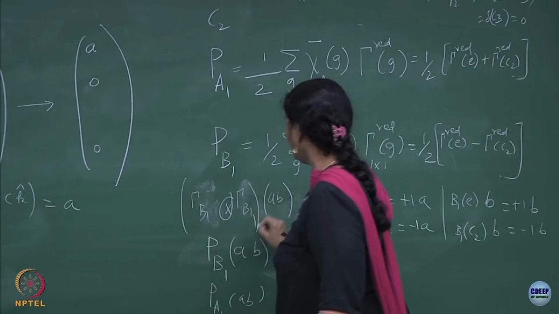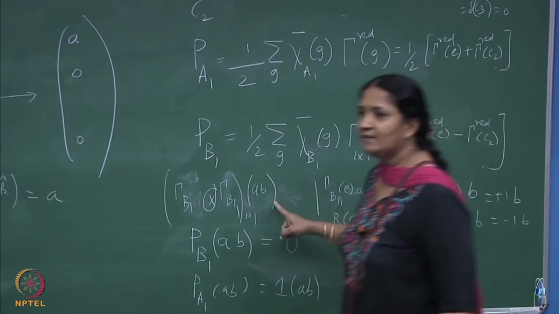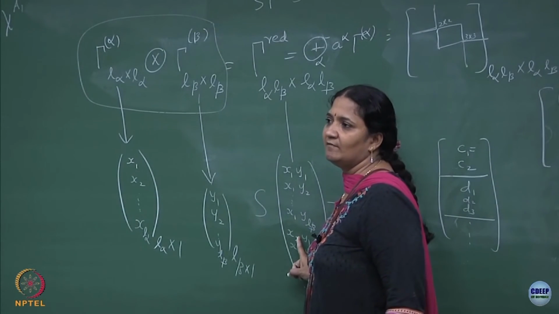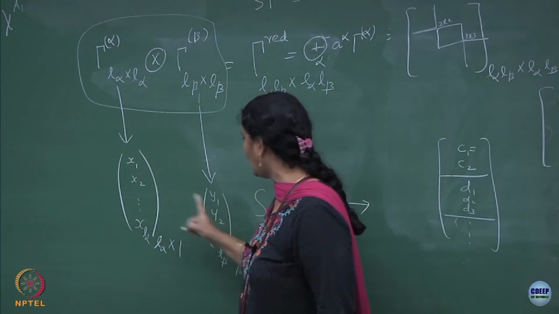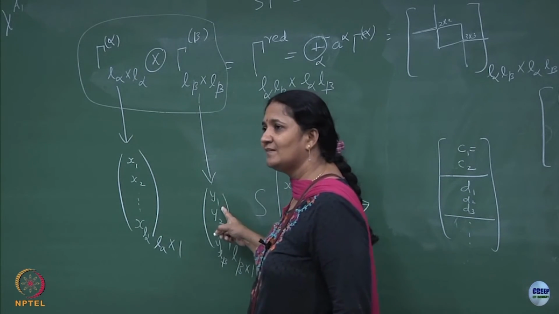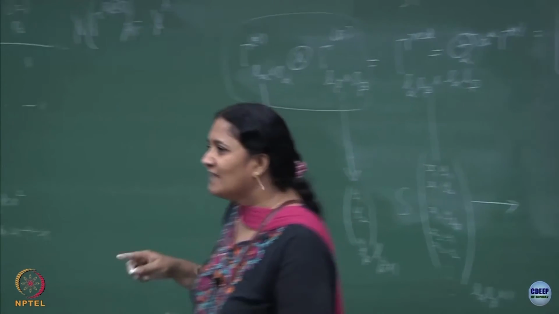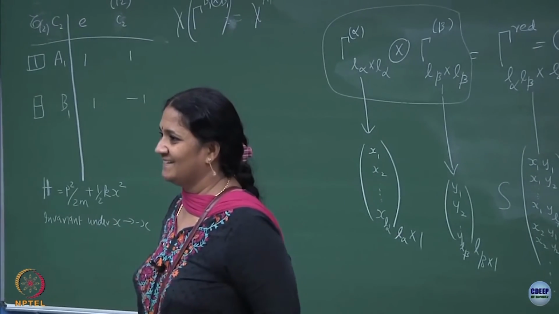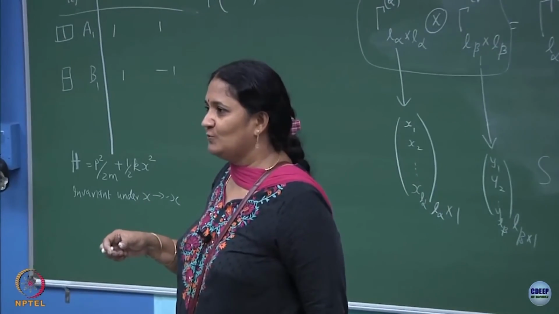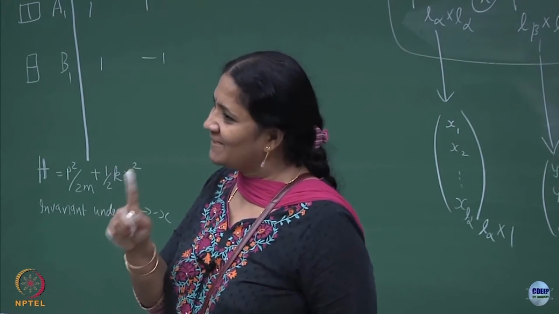This is a 1 cross 1 matrix, it will act on a binary basis. It is not even a basis, I should say it is the reducible vector space, because just like here it is x1 and y1, if it is B1 it is a one dimensional vector space. I just take that and the tensor product matrix should operate on that binary component, and I am only seeing whether the binary component belongs to B1 or to A1. You just get only a one dimensional vector space again.